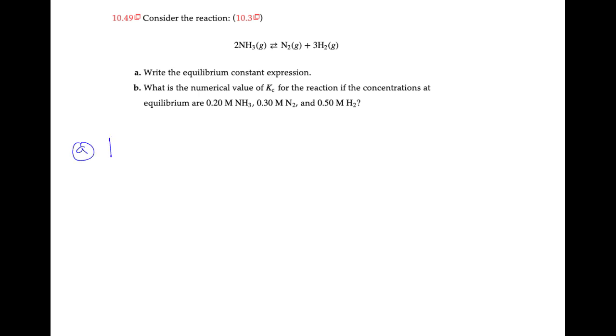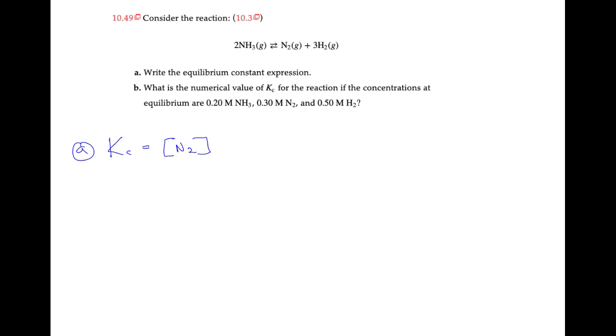So the equilibrium constant expression is going to be equal to the concentration of the products to the power of their stoichiometric coefficients divided by the concentration of the reactants to the power of their stoichiometric coefficients. So in my numerator, I'll put the concentration of nitrogen. Since there's no number in front of it, we assume it's a number 1, so I don't have to put